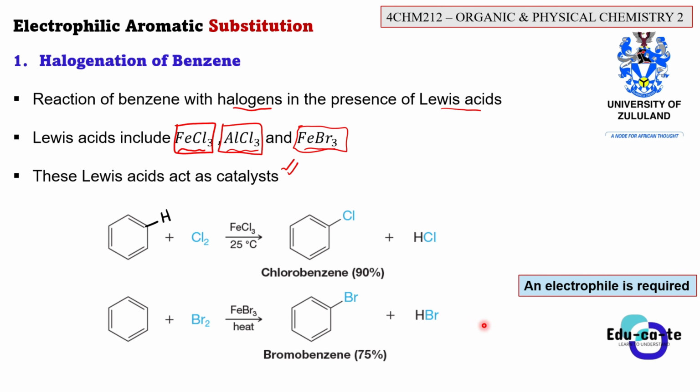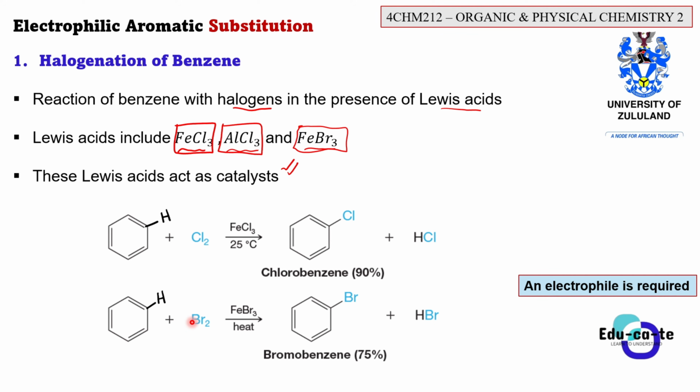If we look at the second reaction, we have a benzene ring. This benzene ring is being reacted with bromine gas, Br2 basically. So when we are reacting with Br2, this is still part of halogenation, whereby we are adding a halogen. And we know that this benzene ring must always have a hydrogen here. Always draw the hydrogen here to show that this hydrogen will be replaced by one of the bromine atoms here.